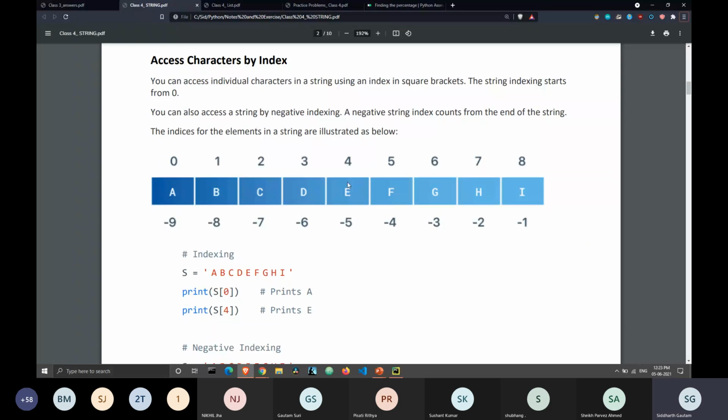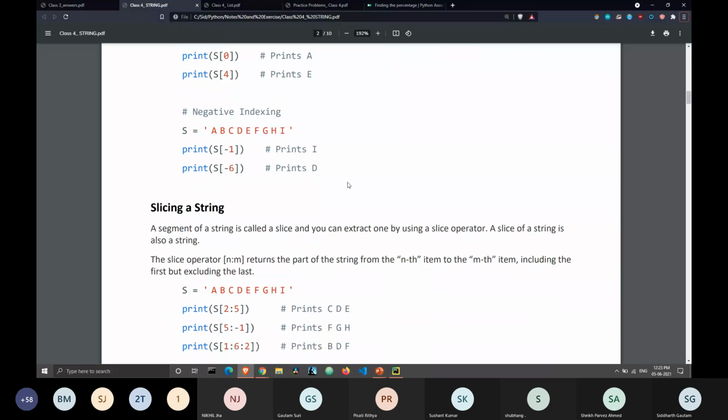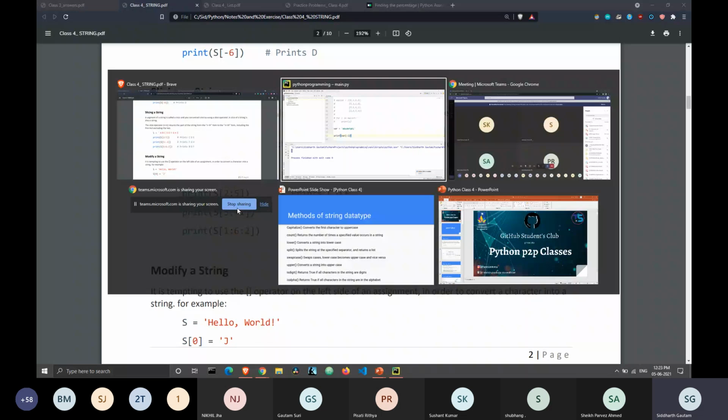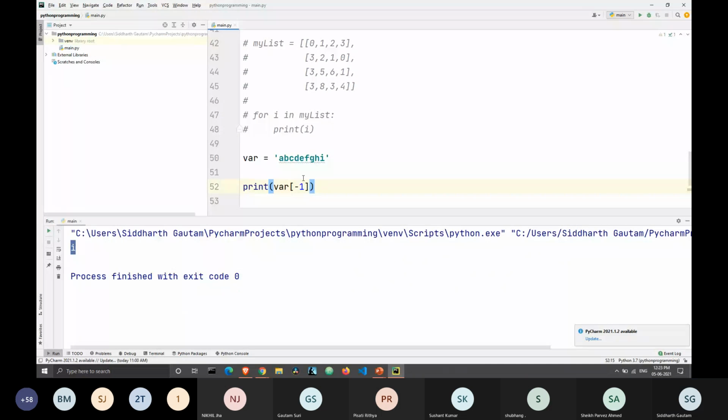And let's move ahead. Slicing a string. In the last class, we studied how slicing of a list works. Similarly, it's the exact same thing for a string. Let's take a look here. Let's print var.